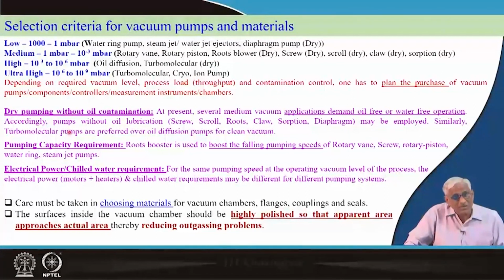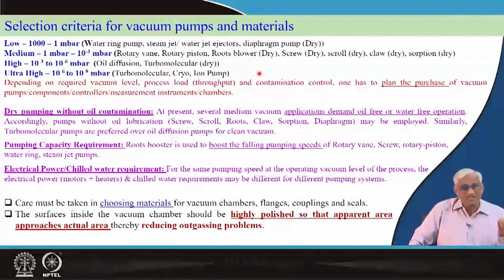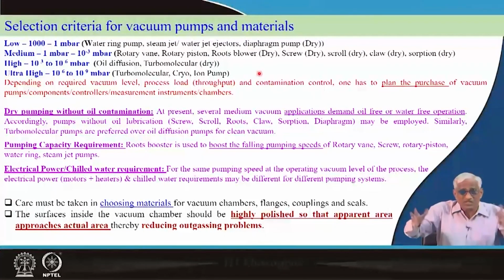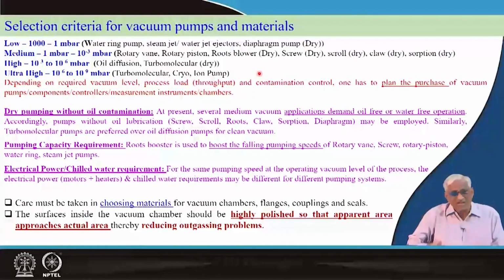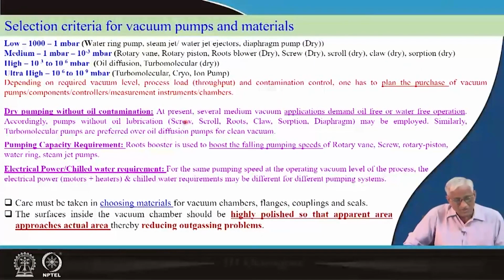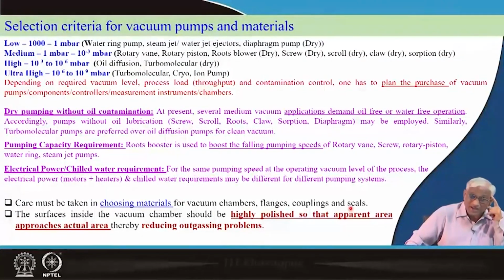You have to keep track of that depending on the application cost. If the application is a small bangle coating, then you can afford to be a little impure, you can afford to be a little delayed, things like that, because you cannot purchase costly things for a cheap application. Finance people will immediately object, you will not get gain, you will only get loss in the company. So, care must be taken in choosing materials for chambers, flanges, couplings and seals, keeping track of how much money